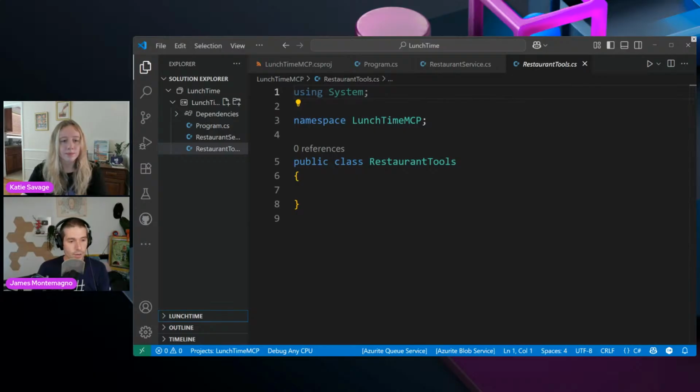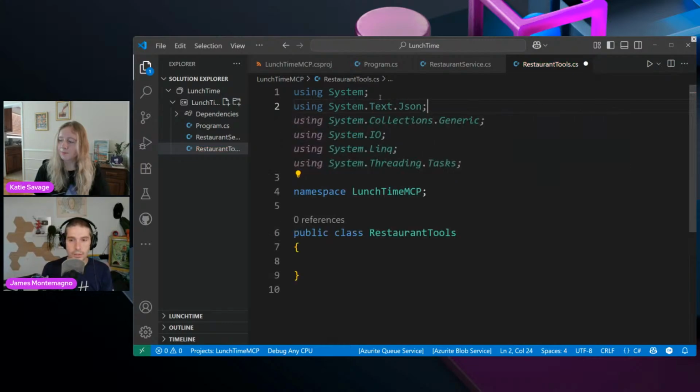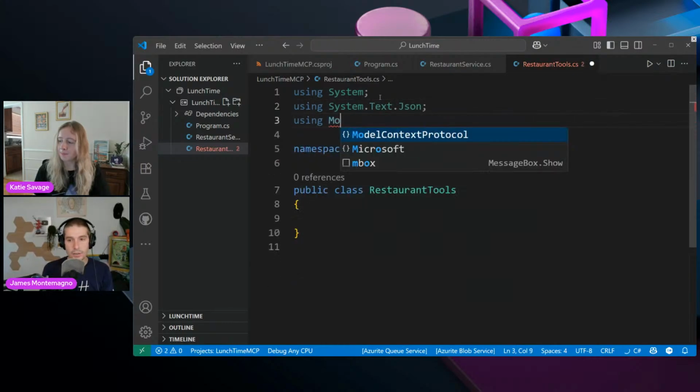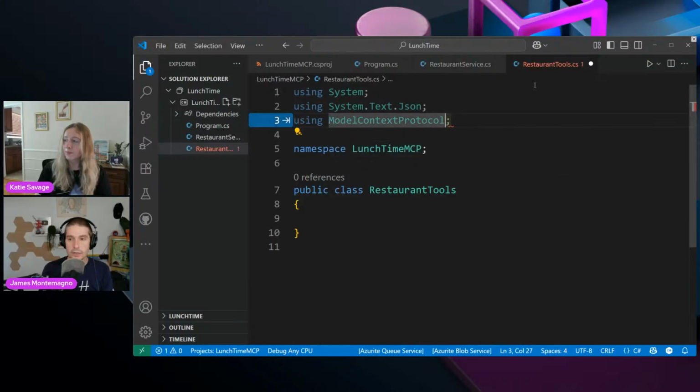So the first thing that we're going to do is add a few using statements. I'm going to say using system.text.json. Perfect. I'm going to say using model context protocol .server. So we're going to add that in. That looks good.